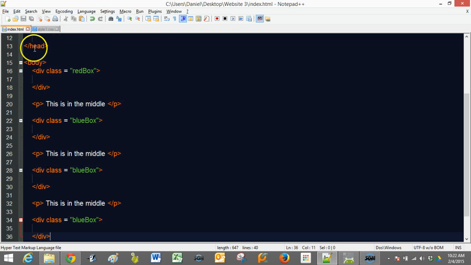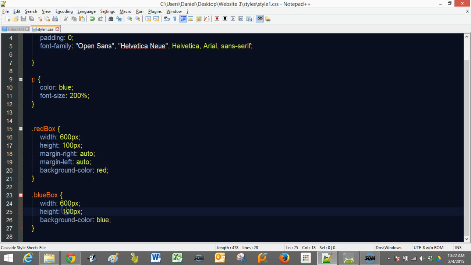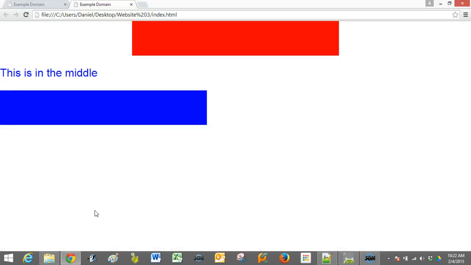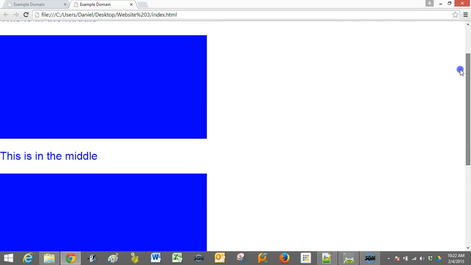I'm going to save that. I'm going to go back into styles and I want to make the blue boxes like 300. Okay, I'm going to save that and I'm going to go back into the browser and refresh it. So now I have something that's scrollable, and you can see I can scroll down, but I've lost this red bar at the top. It goes away